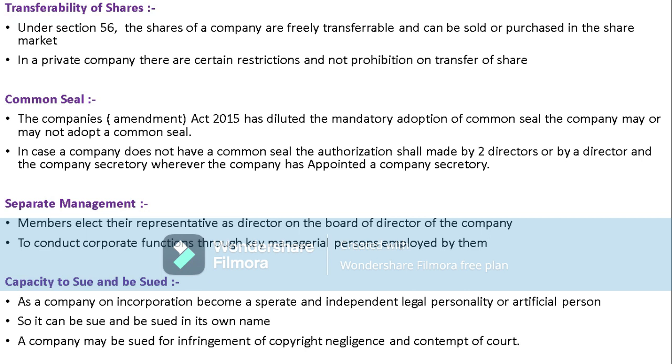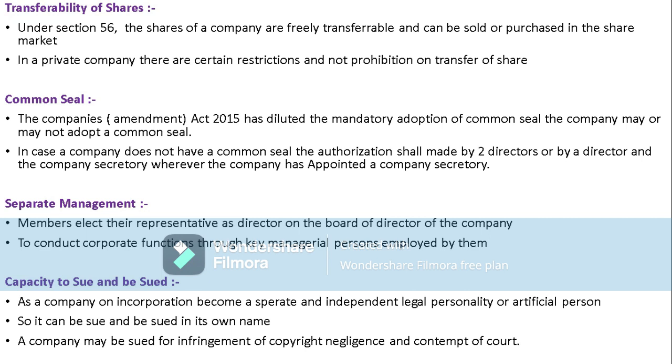Now coming to another one, common seal. So what does common seal mean? Common seal means a signature, the signature of directors of the company. Who will do the signature? Definitely the directors of the company. Why do they have to sign? They have to submit this form to the ROC, registrar of companies, saying that you are going to have a company. If you want a company, definitely it should have directors. Minimum 2 directors should sign on that and submit that form to the registrar of